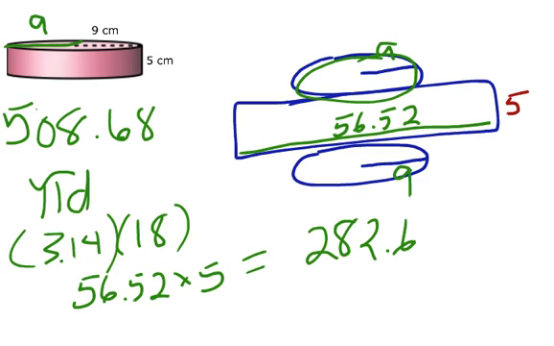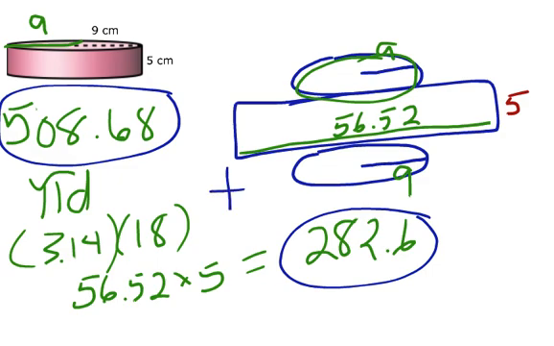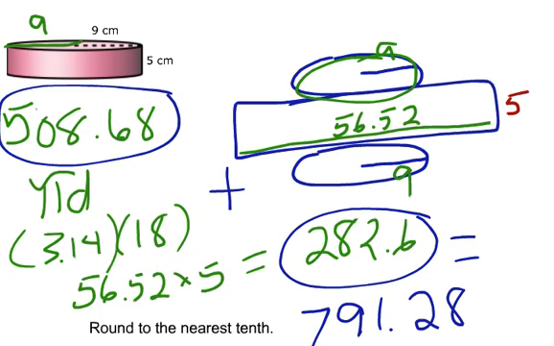So we are adding this number, which is the area of the 2 circles, plus this number to get the answer. So 282.6, which I already have in my calculator, so I'm going to keep it there, and add it to 508.68. And I get 791.28. And if we were to round this one to the nearest tenth, because the directions magically appear, we are